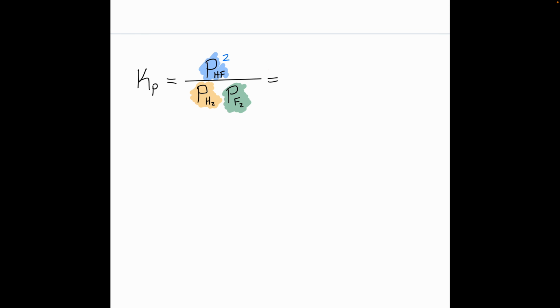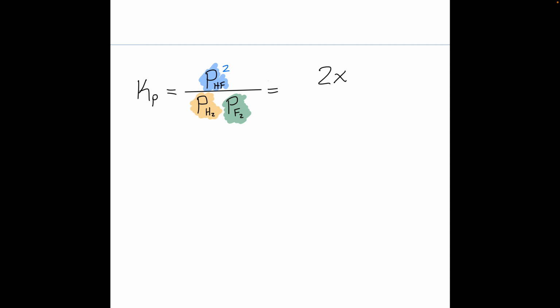Okay, so this is now going to be 2x, and notice that this is squared in my equilibrium expression, right? It's very important. We cannot just put a 2 over here. We got to square the whole thing. We got to square the 2 and the x, so we got to put it in parentheses, right? This is not the same thing as this, okay? Cool, so we're going to put that whole thing in parentheses, square it, and then on the bottom is that